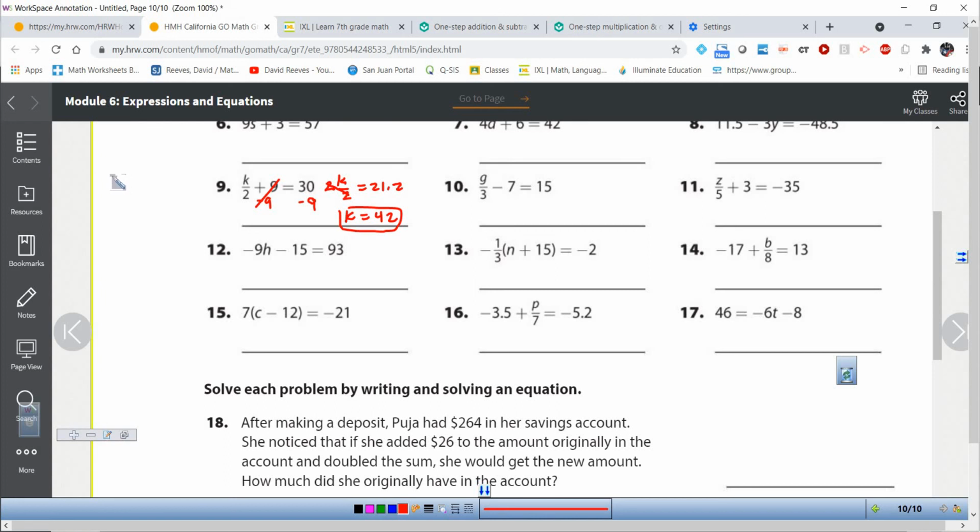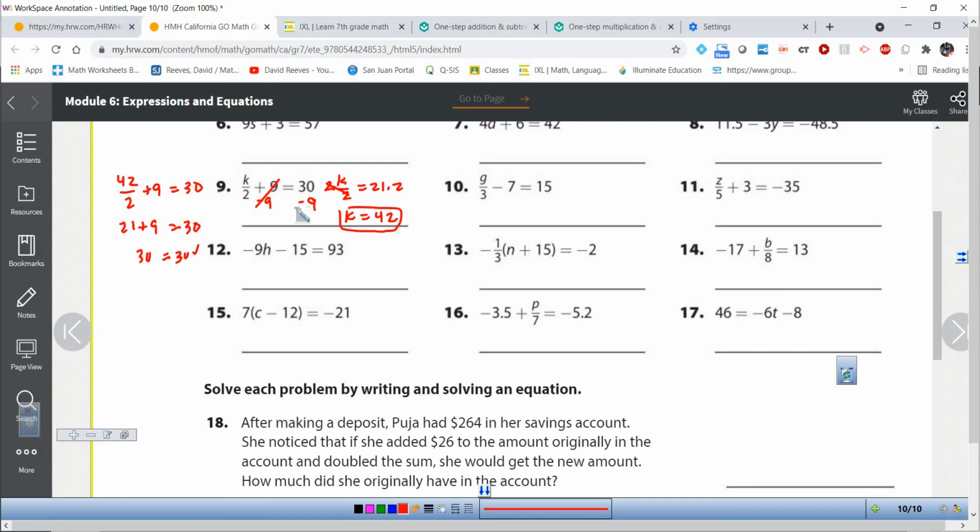42. And again, to check my answer, go back to my original equation, substitute my answer in for the variable. 42 divided by 2 plus 9 is supposed to equal 30. Well, 42 divided by 2 is 21. And 21 plus 9, guess what it equals? It equals 30. That proves our solution is correct because we found the value of the variable that